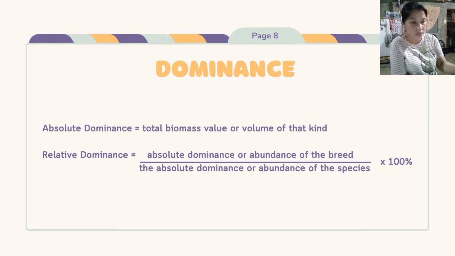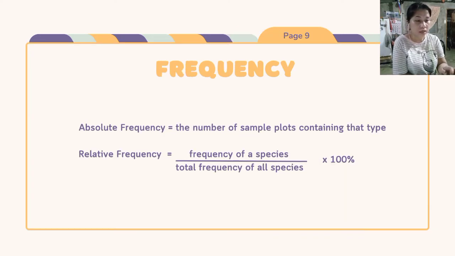So the final answer is the relative dominance of the nut grass against all the other grasses in the area. In frequency,